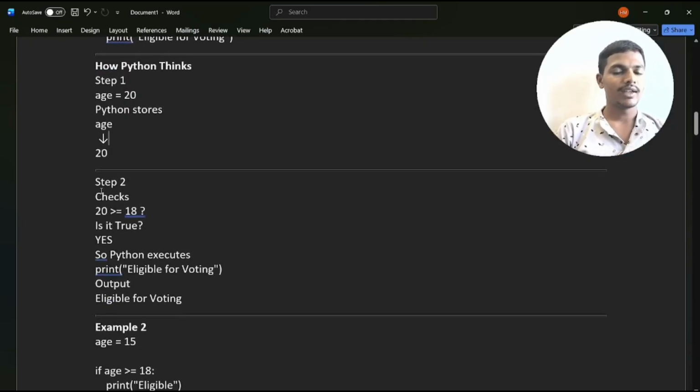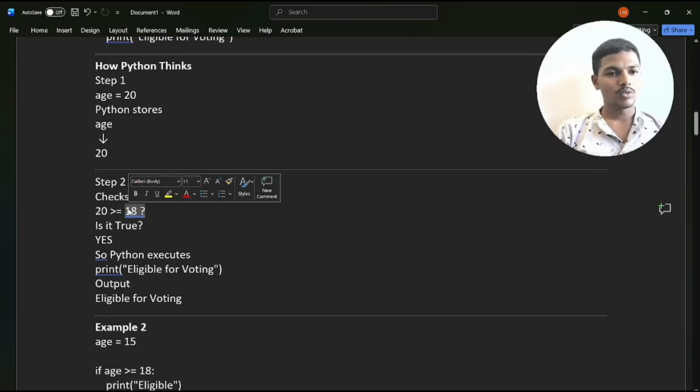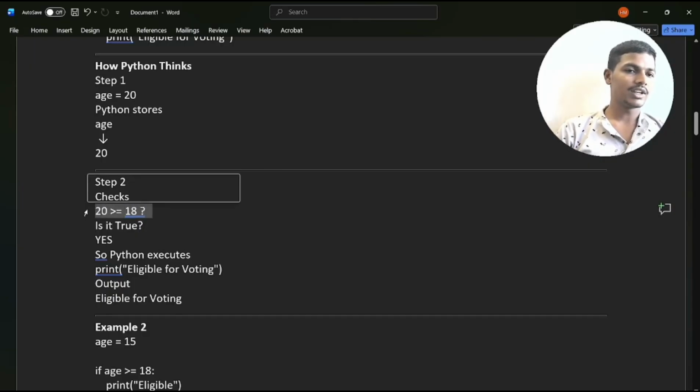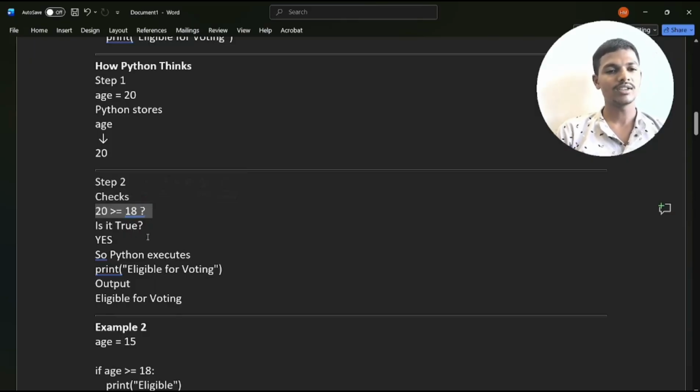And in step 2, check the condition: the number is 18, the number is equal to 20, or greater than 20, or less than 20. It checks each and everything. If the condition is true, then it executes automatically, or else the output will not display. Right now the condition is true, that's why the output will be executed,